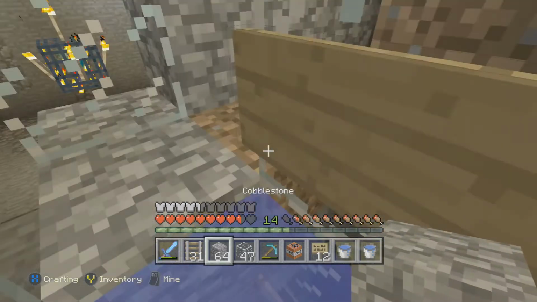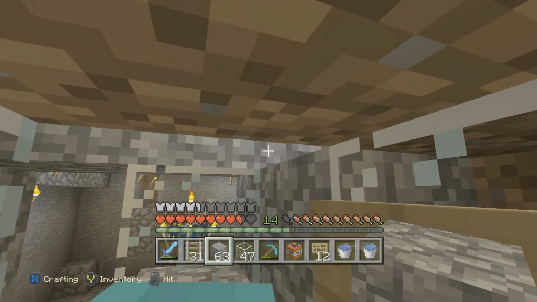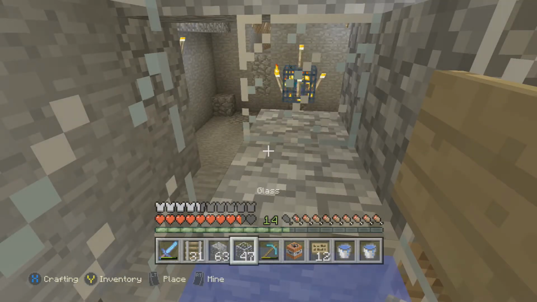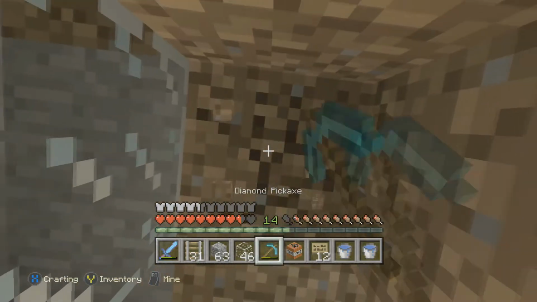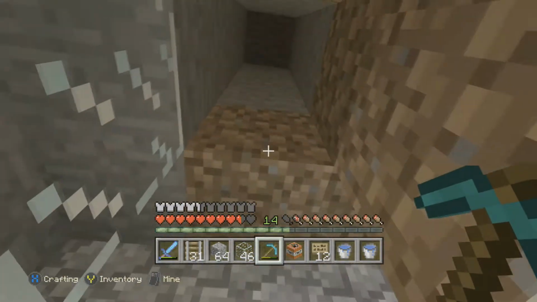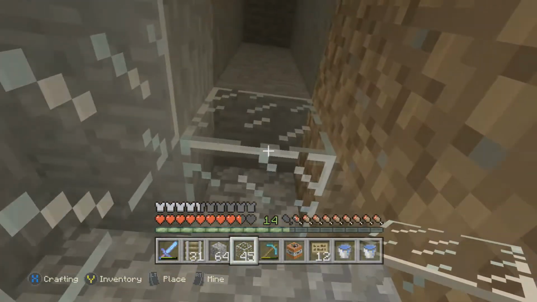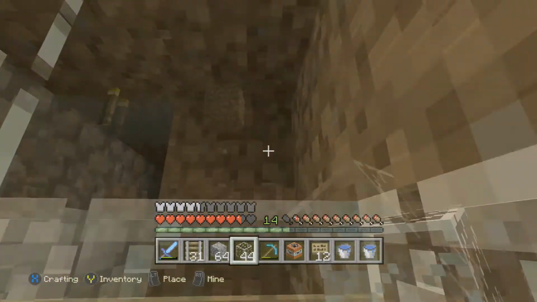And we're going to make the water elevator. Going to make it go 22 blocks from the floor where I stand in the elevator to where I get out and move along the hallway. 22 block drop for zombies or skeletons will cause them to go down to such low health you can hit them one time and they'll die. Any higher, 23 blocks, they will die. So it's 22 blocks drop,